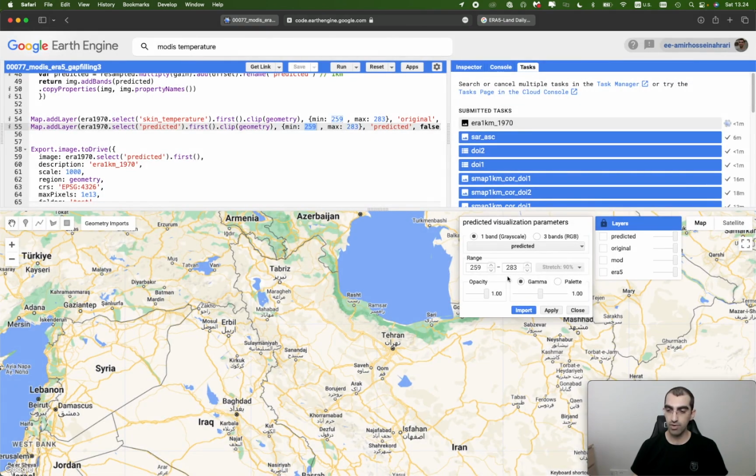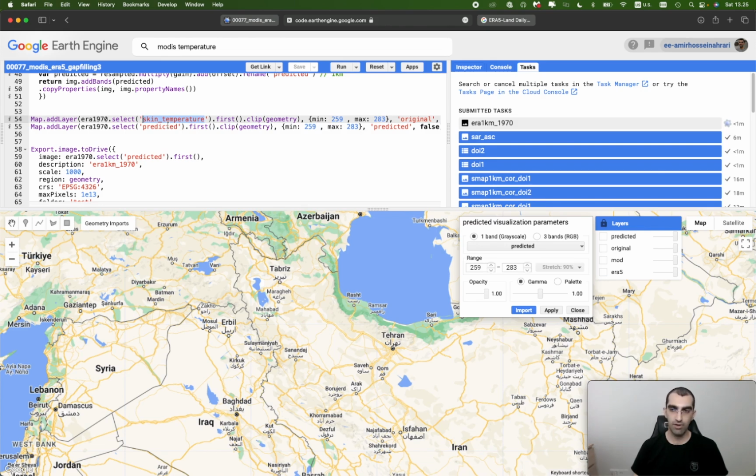Click on run, and after the tab color turns blue, meaning the result is saved, the process of saving into the Google Drive is completely done, and you can pick it up and open it in desktop software. So I'm still waiting for the new range of values, we update it here, and then we can see the final result accuracy. And then in the next step, I'm going to show you how you can increase the quality of the predicted temperature to make it closer to the original temperature data,